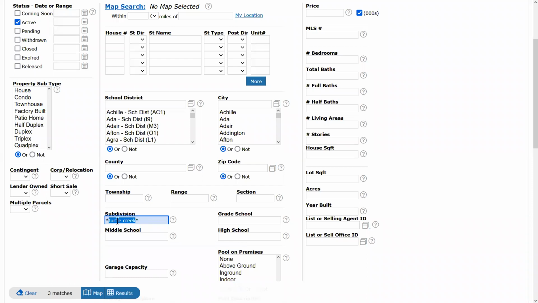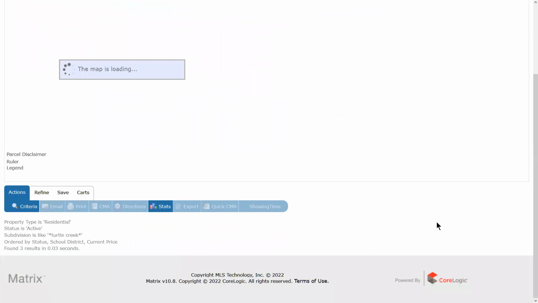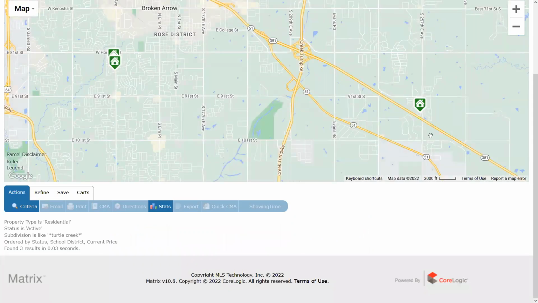As long as those two words appear in that order, that's the subdivision search that I'm running. And as you guys can see, I've even got my 3 matches up. Now there is one caveat with doing the wildcard search. If I head into my map, I may end up finding that I've actually got a little bit of a